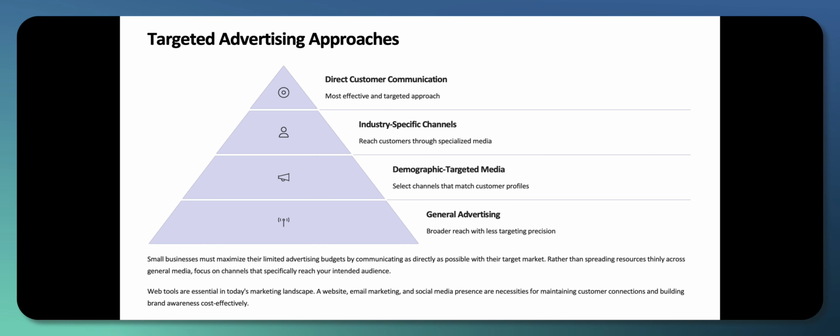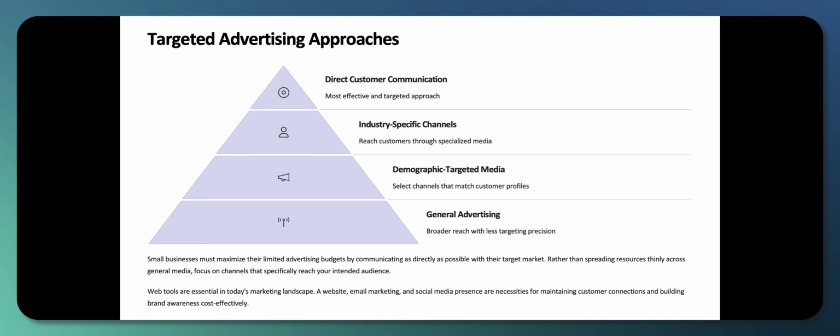Targeted advertising approaches. Are you doing direct consumer communication? So you directly are reaching out to the targeted consumer? Are you reaching your customers through specialized media? Again, or demographic targeted media. So you're going directly to where your customer profile fits. Like, for example, if you're targeting young people, you may look at social media channels like TikTok or Instagram, or